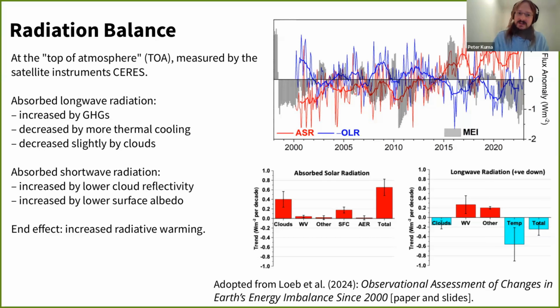The main reason for that is cloud change. The clouds change due to the increasing temperature of the Earth, and they change in a way that they start absorbing more sunlight, reflecting less sunlight. So the Earth becomes more absorptive in the shortwave. And in the long wave, we have greenhouse gases which block some of the terrestrial radiation, so it can't escape into space.